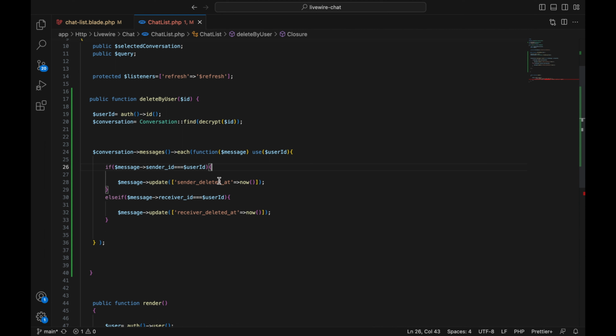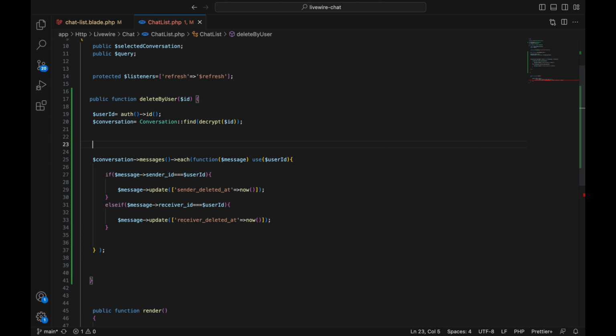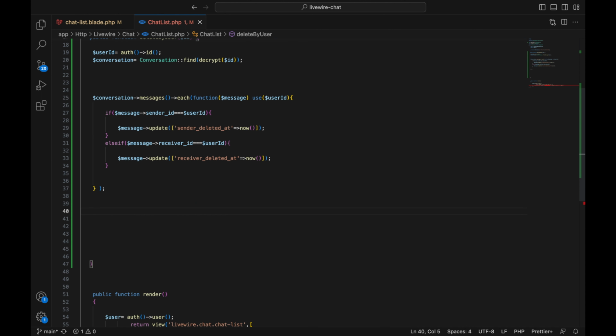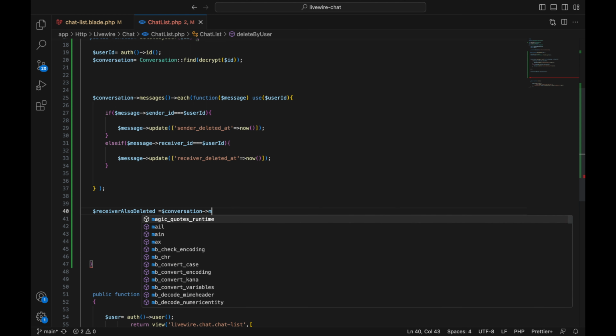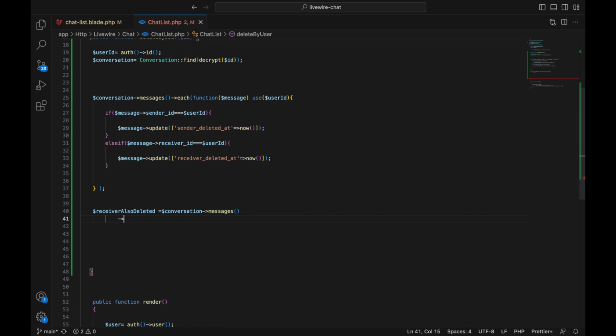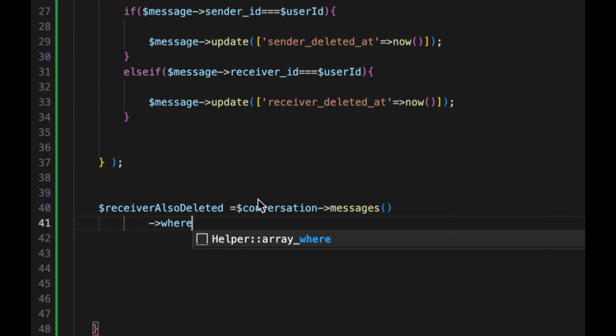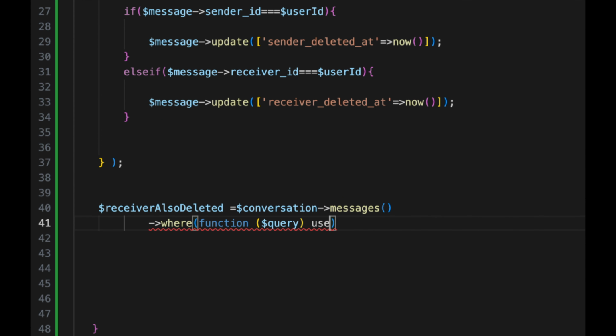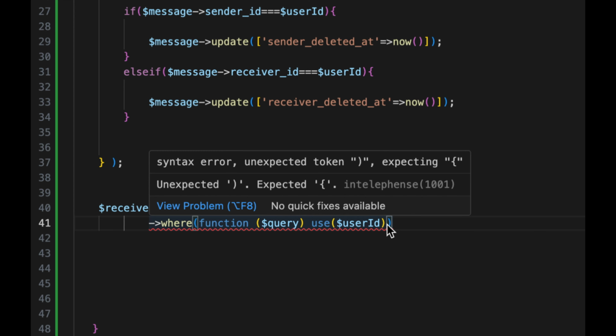Right, after marking the message as deleted, down here we're going to check if the other user has also deleted the message. Here, receiver also deleted. So here we're going to get the conversation messages down here. Let's say where, your function query you're gonna use, gonna pass the user ID. Alright, so after putting the user ID there, before the close tag of this in here